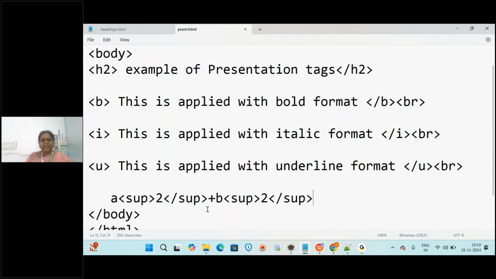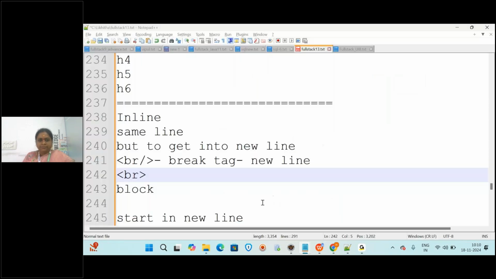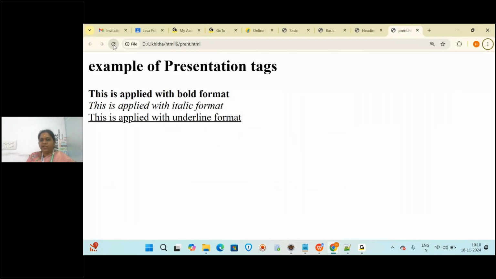A square plus b square. Whenever you write in between sup, it will come to the top, not in the line. So I'm going to resave it using Ctrl+S, go back to the browser once again, and refresh the page. What we got? A square plus b square. We got it on top, right?